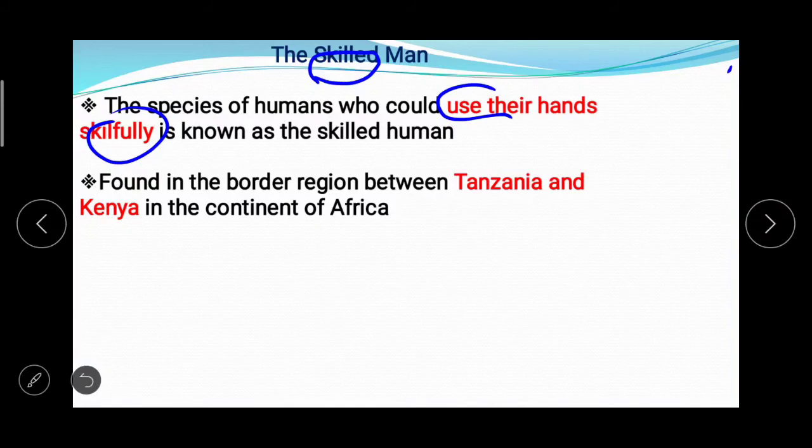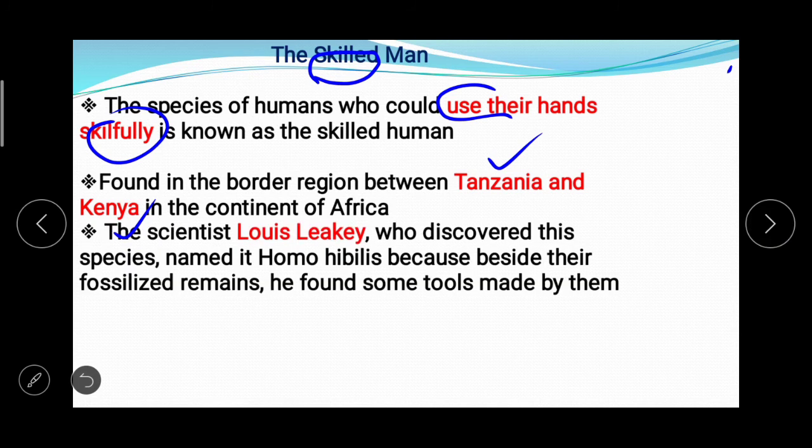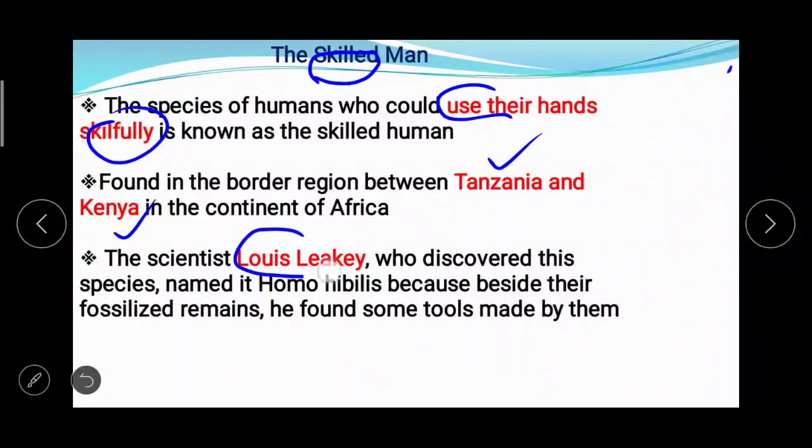And this man, the first evidence of this species was found in the border region between Tanzania and Kenya in the continent of Africa, and there the scientist Louis Leakey, who discovered this species, named it Homo habilis, because beside their fossilized remains he found some tools made by them, and by those tools the scientist estimated